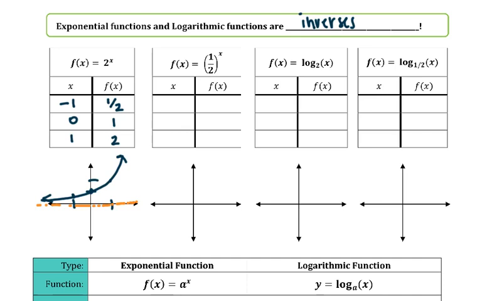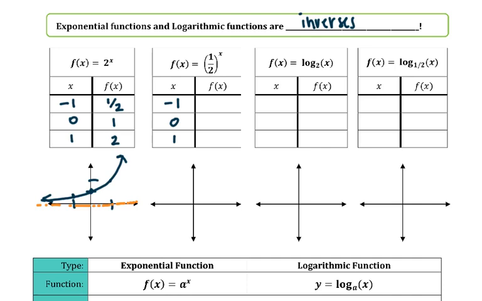So you'll notice that these two functions we have stated are very similar but different. And if we talk about this 2 versus the 1/2, these guys are called the base that's raised to a variable exponential power. They are reciprocals of each other. So we have a positive 2 and a positive 1/2 as those bases. So what happens when I start to raise 1/2 to those same independent x values? So if I use -1, 0, and 1,